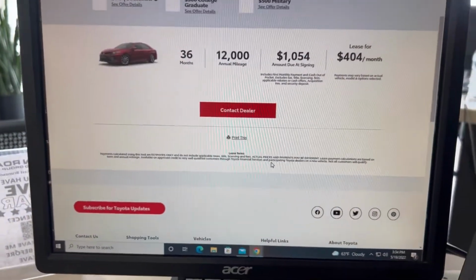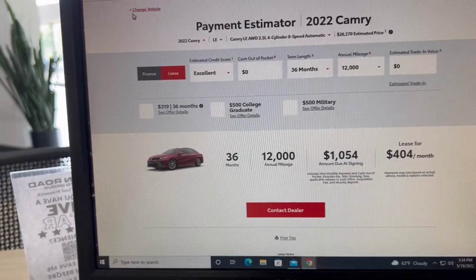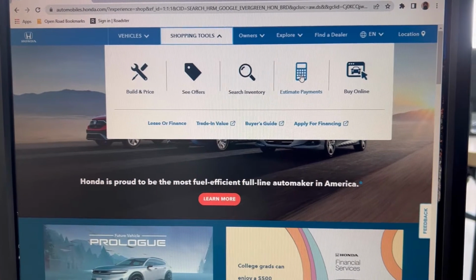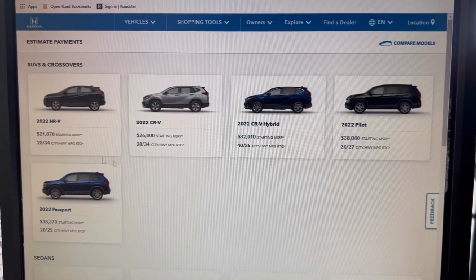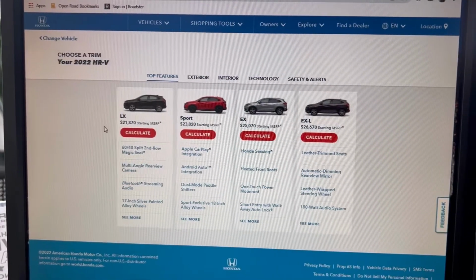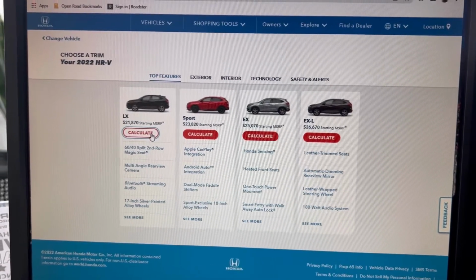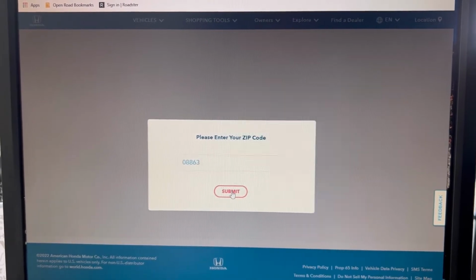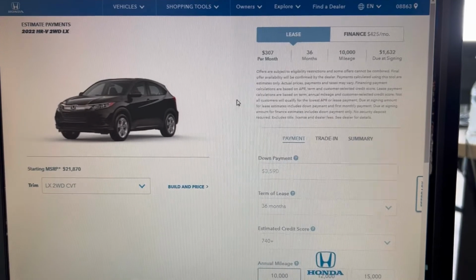And so, shopping for a new car has not been fun or easy. Find out from your local dealers what their market adjusted price is. If they don't have a market adjusted price, just make sure they're not calling it some other kind of fee, which is being upfront with you. If they truly are doing MSRP, that's great. That's magnificent. Take advantage of it. Don't hesitate. Make sure they have the cars in stock,